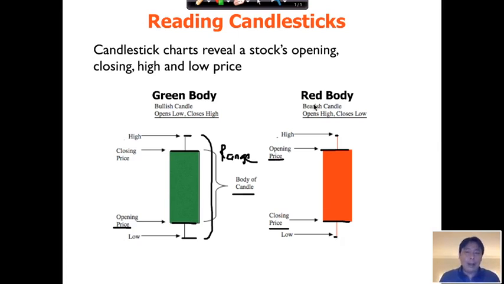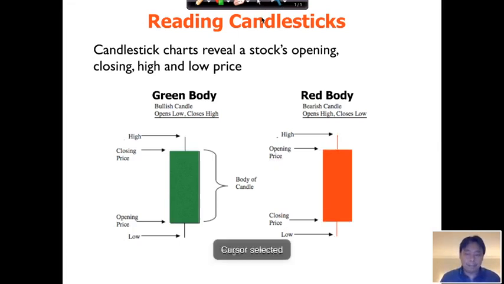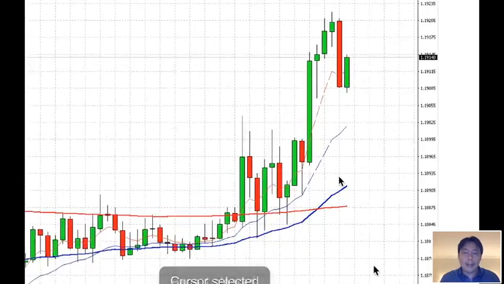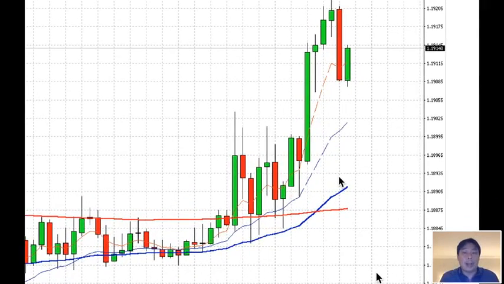If you take a look at this chart once again, notice that candles, just like people, come in all shapes and sizes. Some are tall, some are short, some have big bodies, some have small bodies, some have long lower shadows, some have small upper shadows, some have long upper shadows, right? So all these things tell you a story. It tells you the emotions, the sentiment that's going on in that price, in that asset. In this case, it's the currency pair.